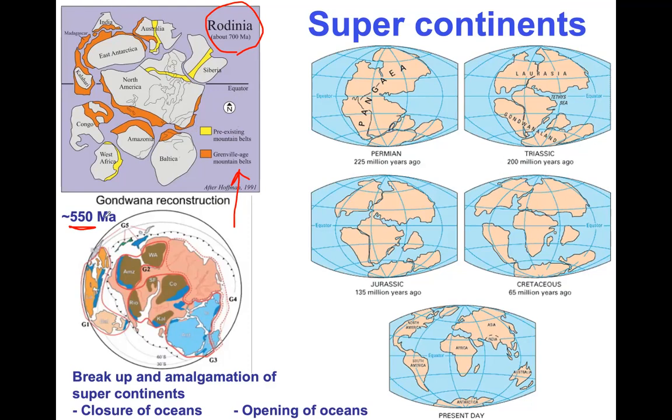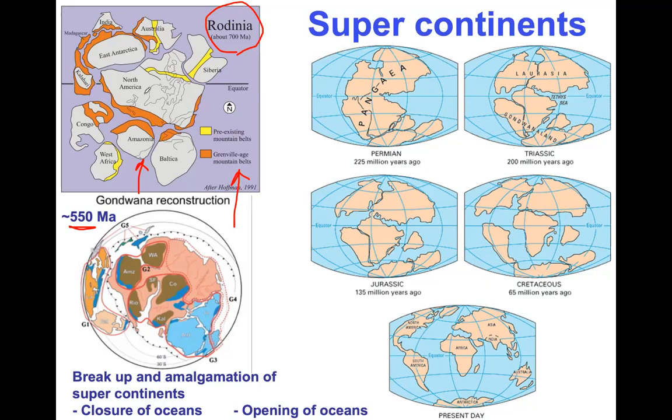Rodinia was there as a supercontinent, and this supercontinent was hit by a mantle plume from the central part, and it was separated. So this separation caused today's fragments of Antarctica, Australia, Amazonia. Amazonia means the European part, Baltica, Africa. Fragments were also there, but in different shapes, right? Not in the current shape. And these fragments were moving as a result of the hitting of the mantle plume, and Rodinia was dispersed. We call it